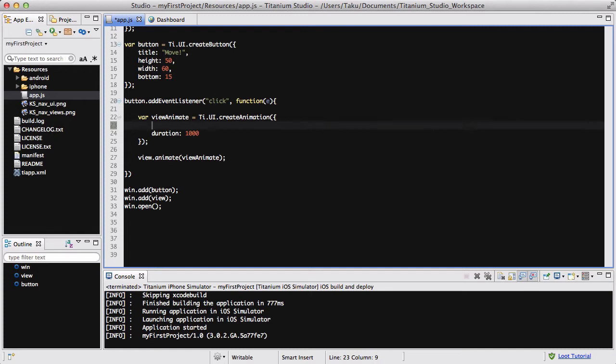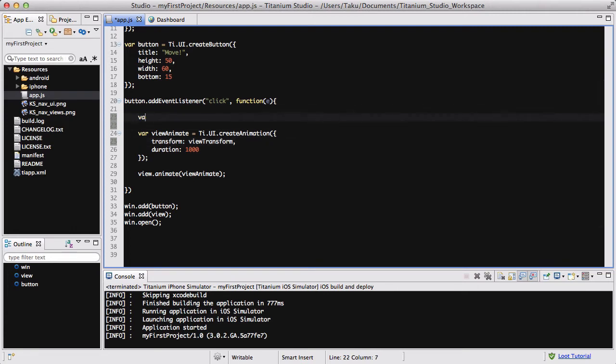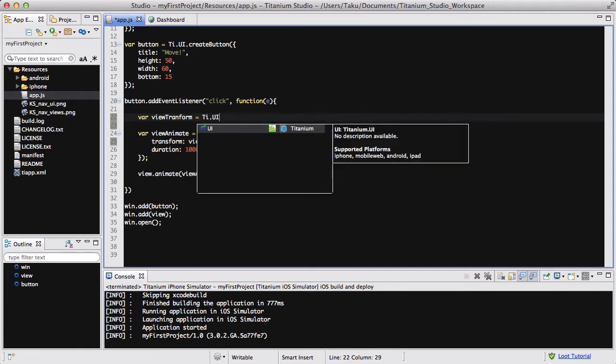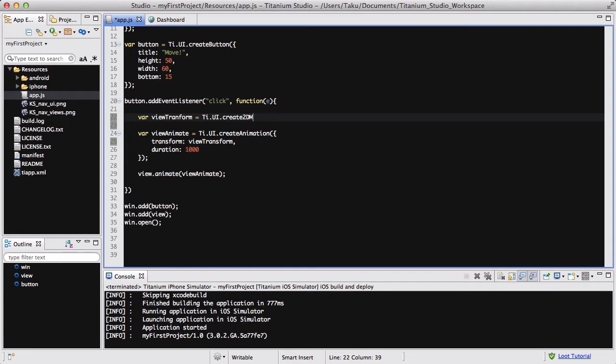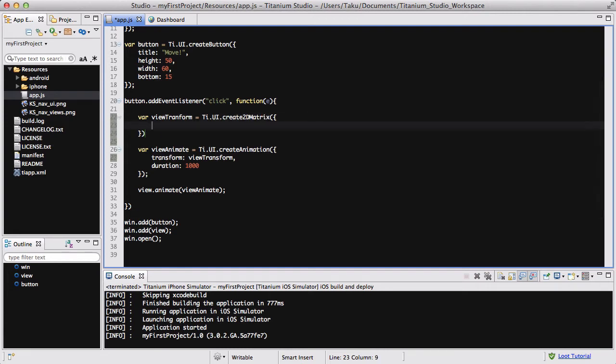So deleting this top, what we're going to do is say transform, and in here we are going to write our transform property. Because our animation object is viewAnimate, we are going to say viewTransform. This is going to be the name of our variable which holds our create2DMatrix. So over here let's create our 2D matrix. var viewTransform equals Ti.UI.create2DMatrix, and inside here we are going to say viewTransform. Am I doing it right? viewTransform. There we go. Equals viewTransform